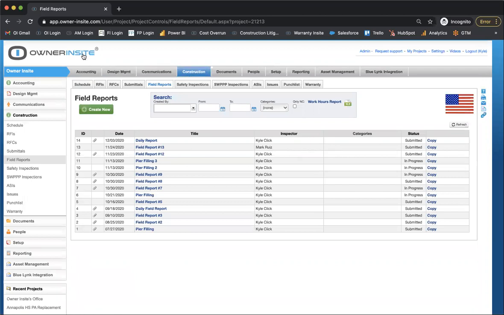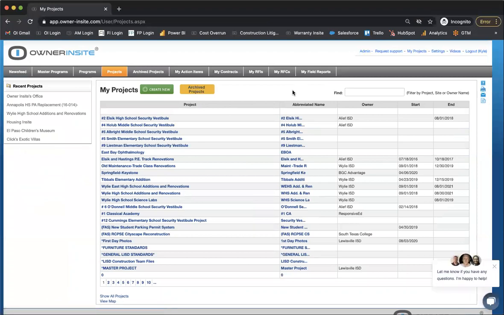But before I dive into that, I always like to give a brief intro in terms of where you typically will land. And that is called the My Projects page. This page is here for you as basically a central hub. All the projects that your accounts will be linked to and will be included on will show up here in the center of this page. Anytime you get to this page, you can always go into whichever project you're needing to work. Now,